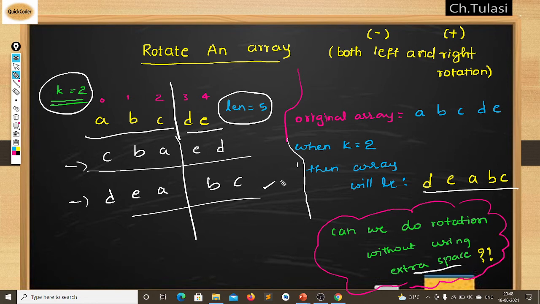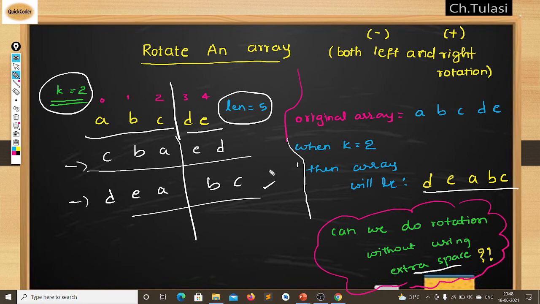Rotation of an array: you can rotate left and right. A negative k can also be converted into a positive k, like k plus array dot length. And if your k is above the array length, then you can compress it into the range 0 to 5 by modular division with 5, or with array dot length. Then you can rotate the array within that array without using any extra space, like we have just discussed. So that's the simple logic behind the rotation of an array.